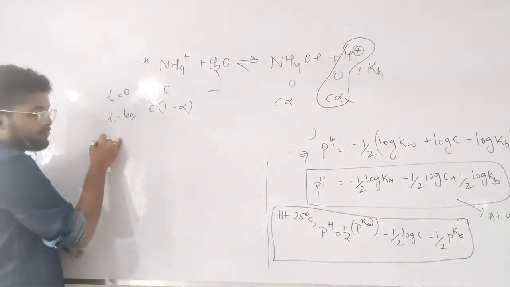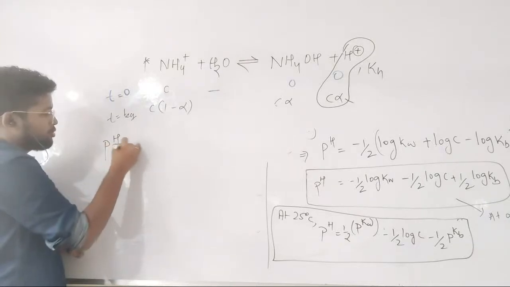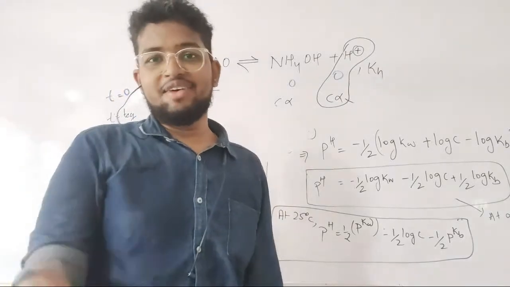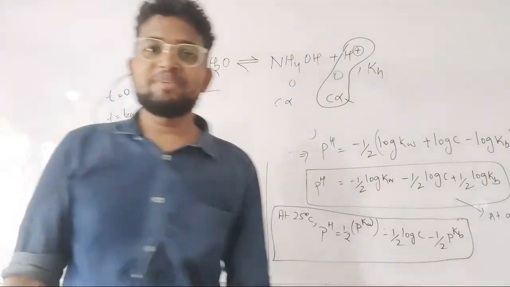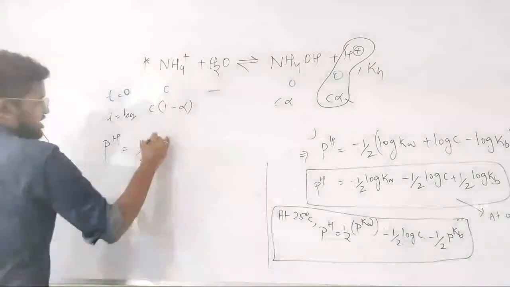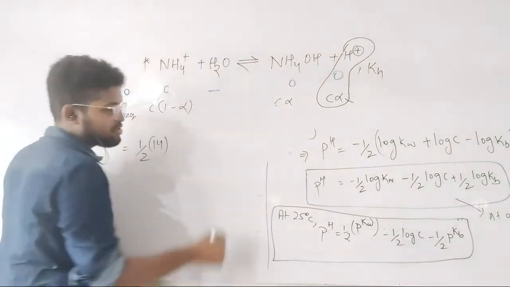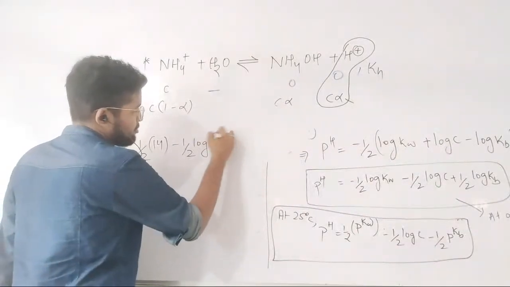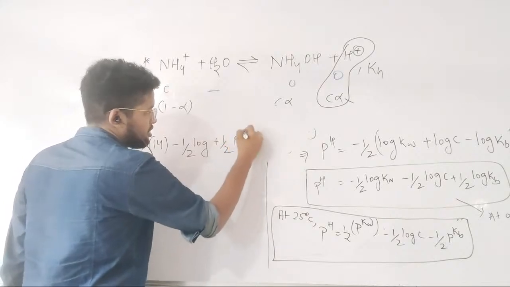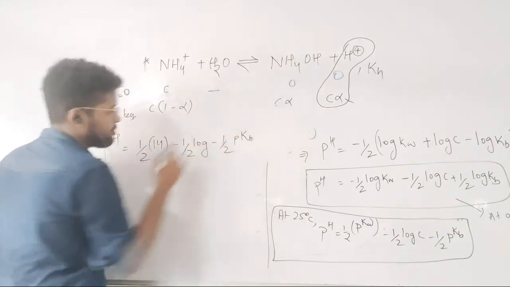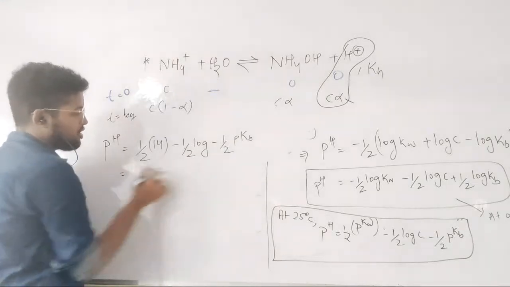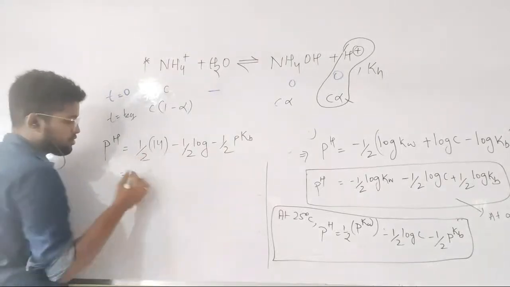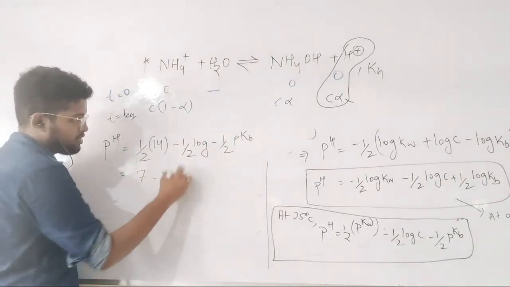So what will be the value of pKw at 25 degrees centigrade? Now only all of you told what will be the value of pKw at 25 degrees centigrade? 14, right? Half log C minus half pKb. So can I take a minus half common out of here? What will be 14 by 2? 7, right? So 7 minus half